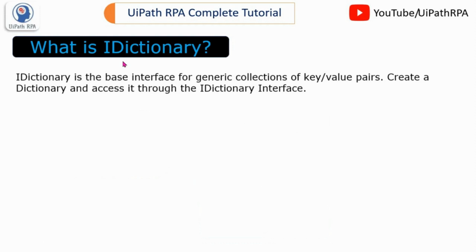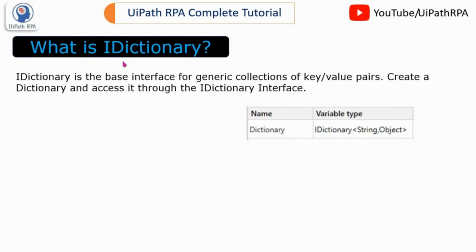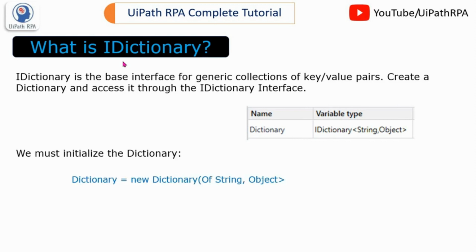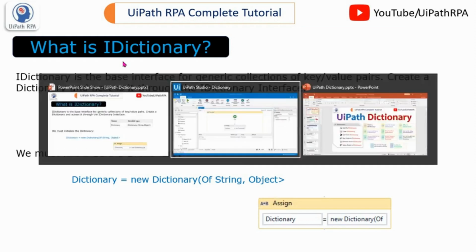We can create a dictionary and access it through the IDictionary interface. So you can understand IDictionary is the interface. We can create the dictionary variable and the variable type will be IDictionary. We must initialize the dictionary for this interface the same as for the Dictionary class.